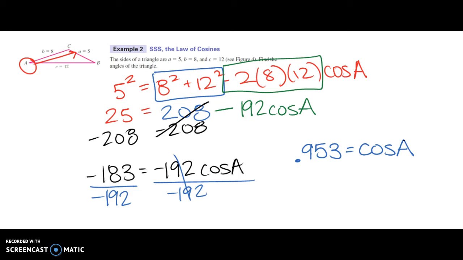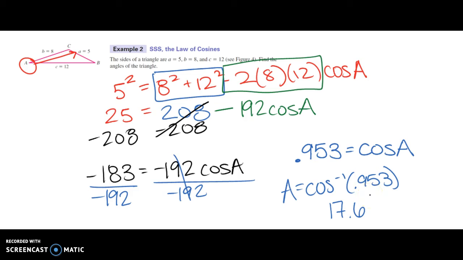I'm solving for A. I have cosine A. In order to undo that cosine, I take the inverse. I'm solving for an angle, so we knew we'd be using an inverse function. Some of you got confused yesterday because we were always using sines. Remember, this isn't opposite, hypotenuse, adjacent. Here, when I'm using law of cosines, I'm always using cosine. And when I take the inverse, I get